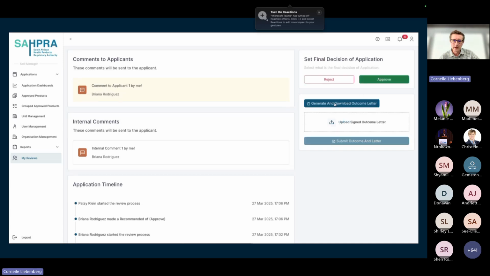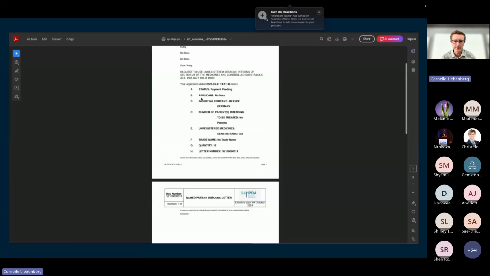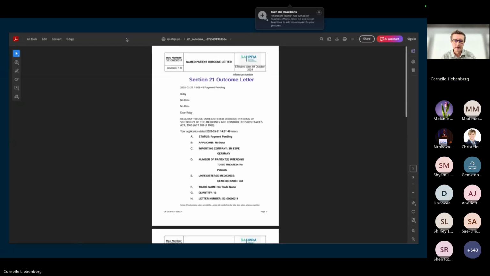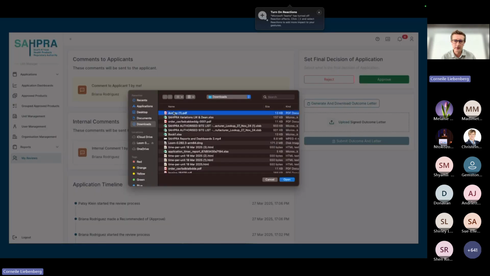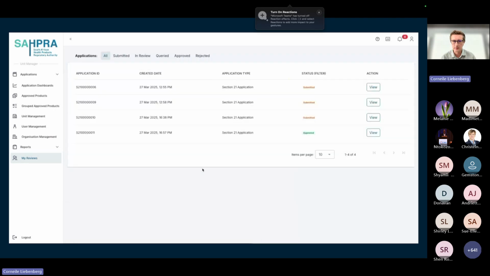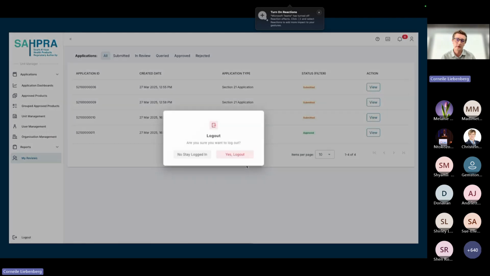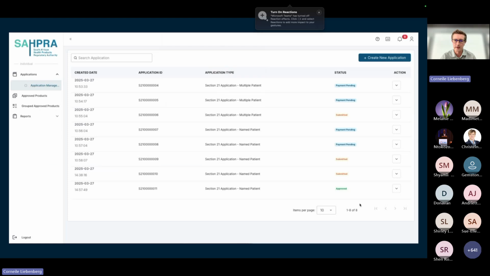Or an approval, then generate the outcome letter, make sure that all the information is correct on there. Final check on that, and then upload it with the correct information and submit it back to you, where you as the applicant will then again receive the notification that it's been approved and have the approval outcome letter, and the status will change to approved,